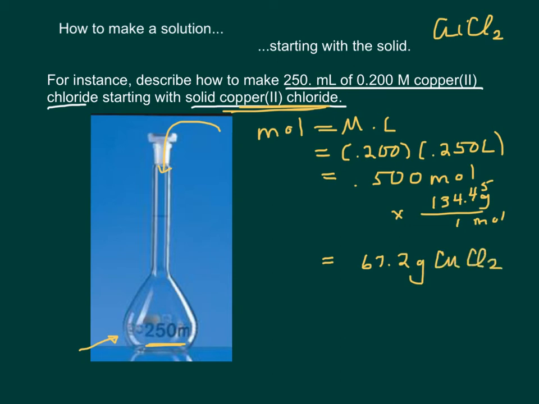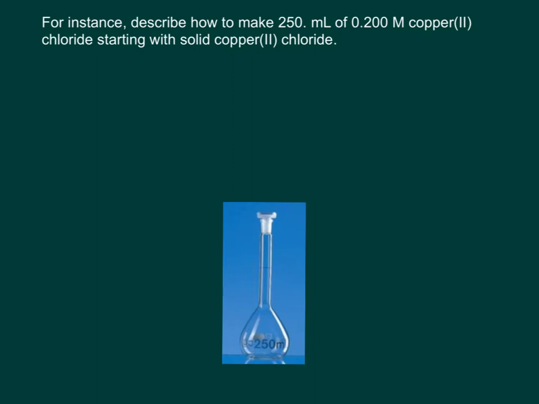Okay, so now what do I do with that copper 2 chloride? I've got my volumetric flask, right? And we figured out that I needed 67.2 grams of copper 2 chloride. So I take that and I put it into my flask, okay? And then all I do is fill it up with water